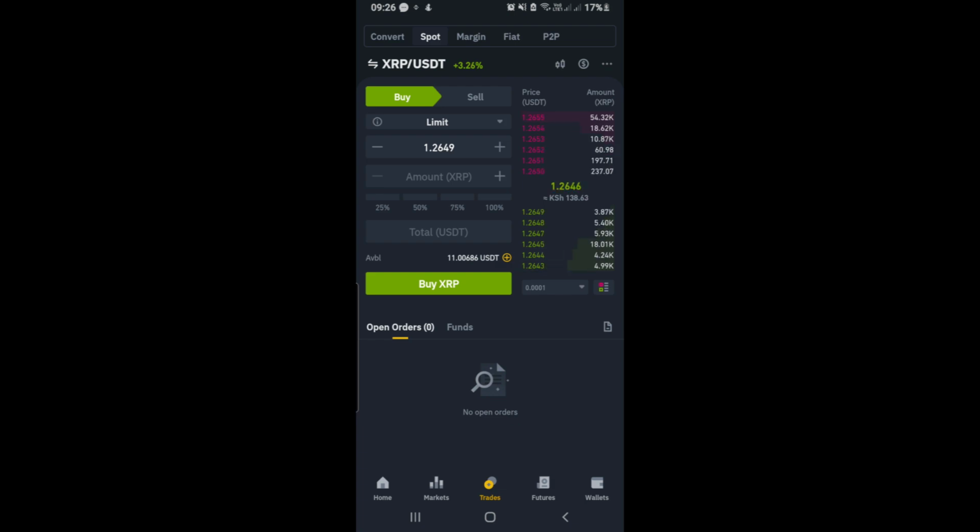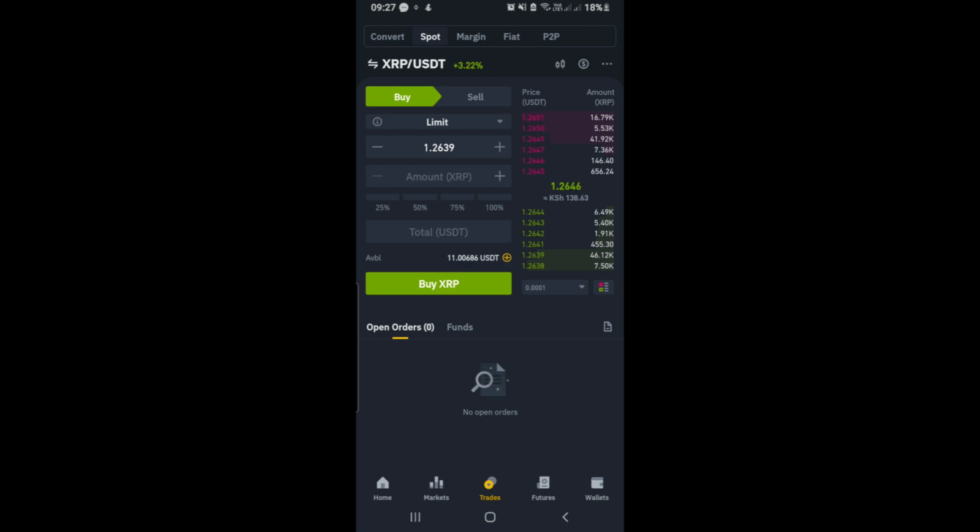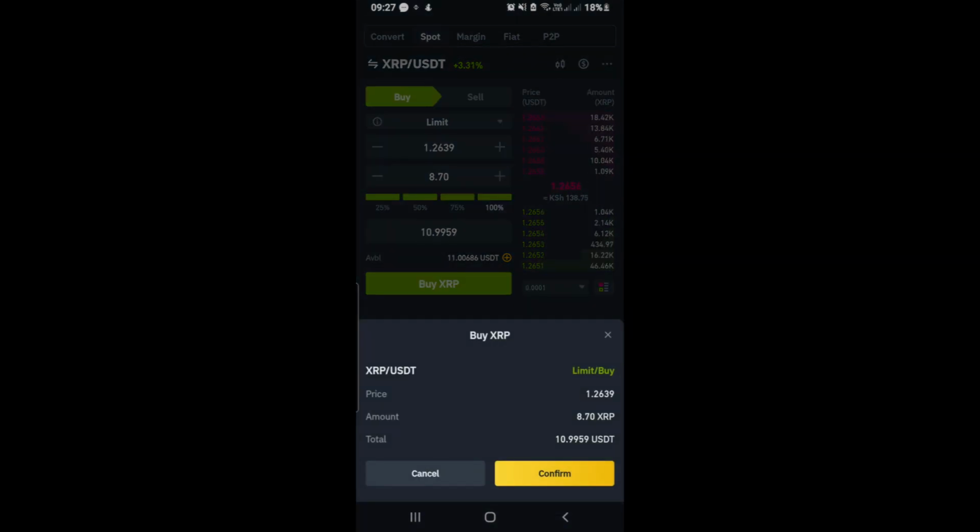The easiest way to do this: I'm seeing 1.2644. Instead of buying at that amount, I want to buy it at 1.2639. I'm hoping that it doesn't go below that as I'm doing this. Then I have 11 USDT currently here, and I place 100%. So the USDT that I currently have, 11, when I place 100%, this is the maximum amount of XRP that can be bought at this particular price. So I click on buy XRP, in my case, then click on